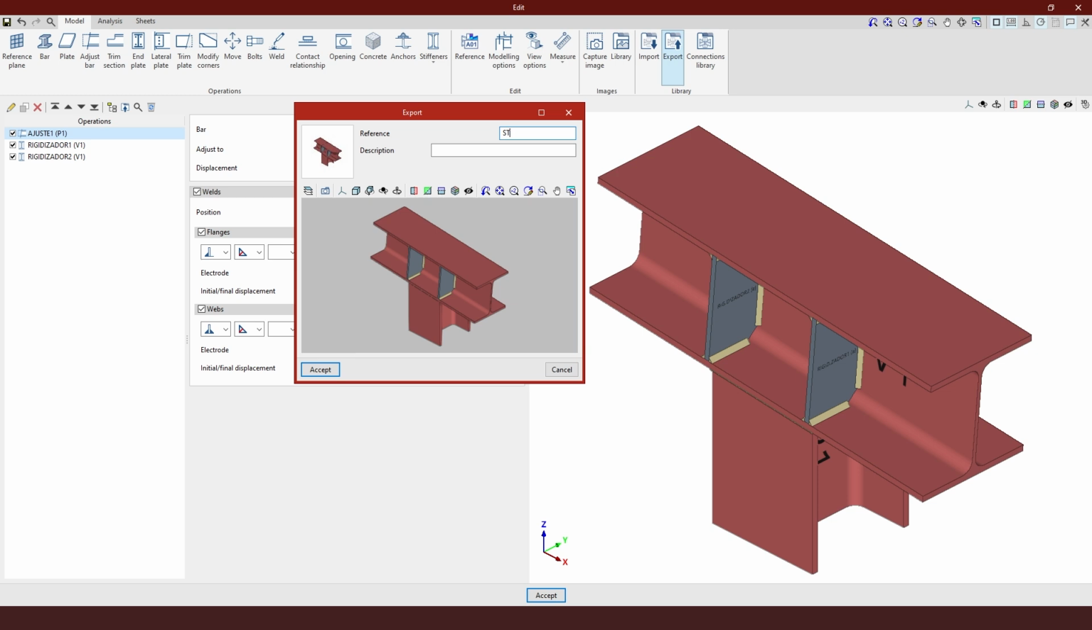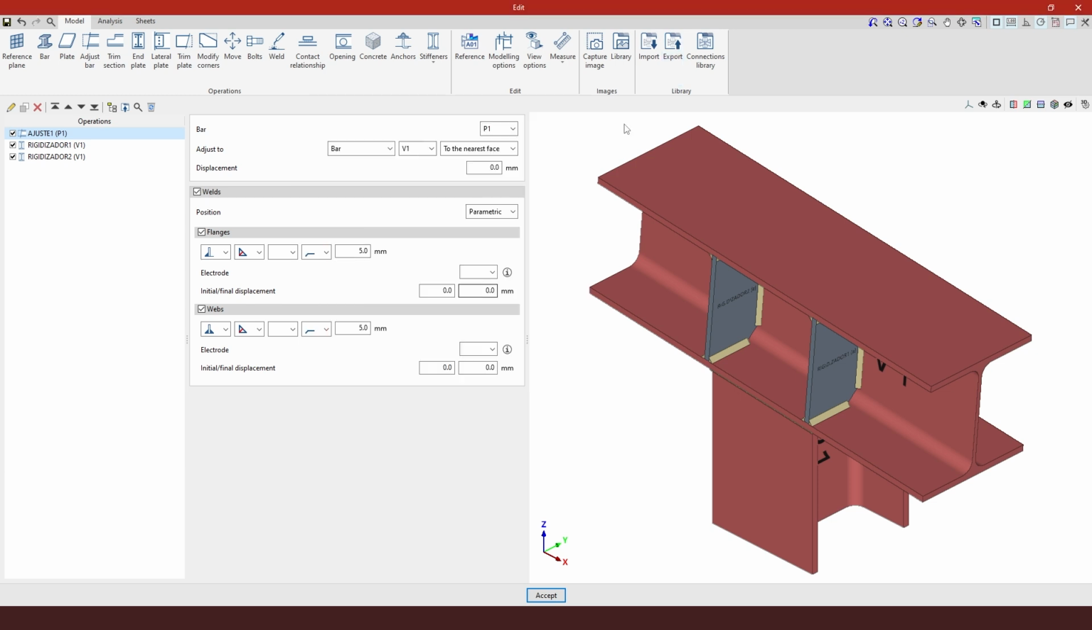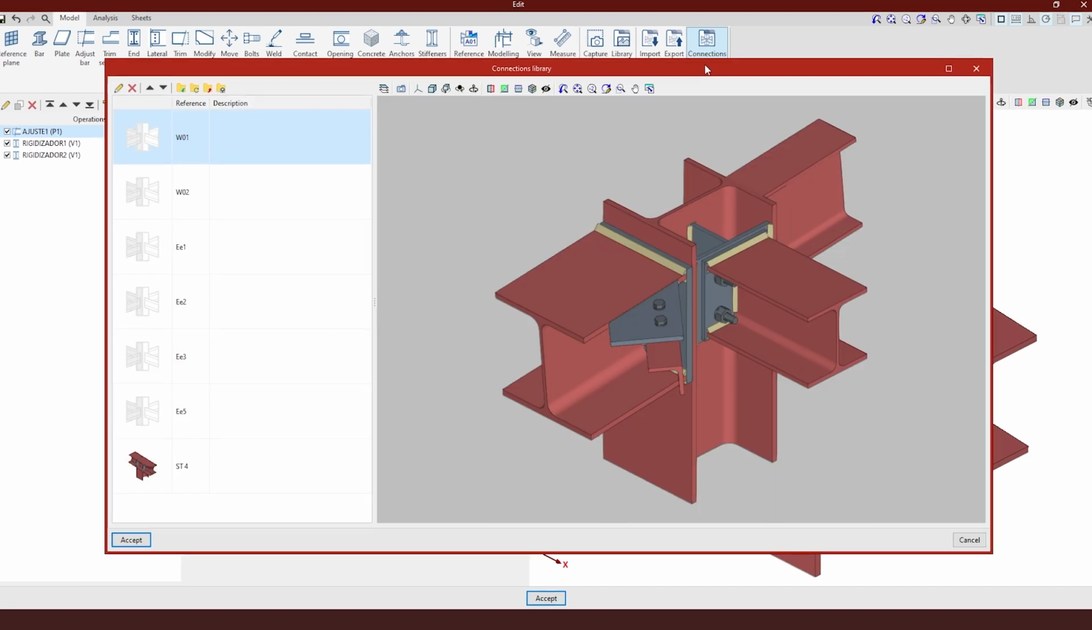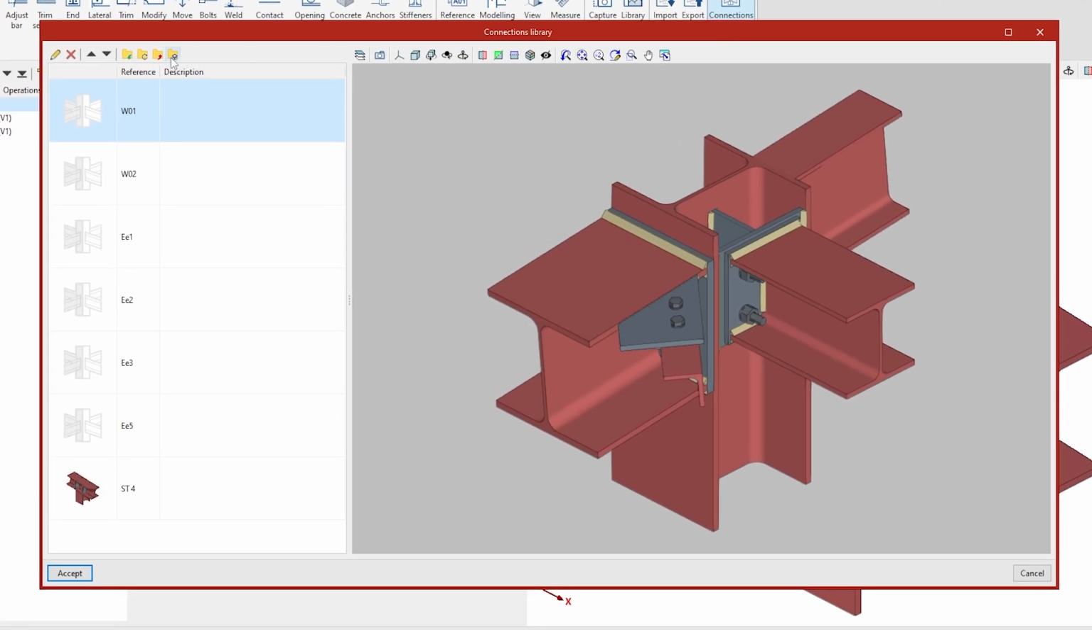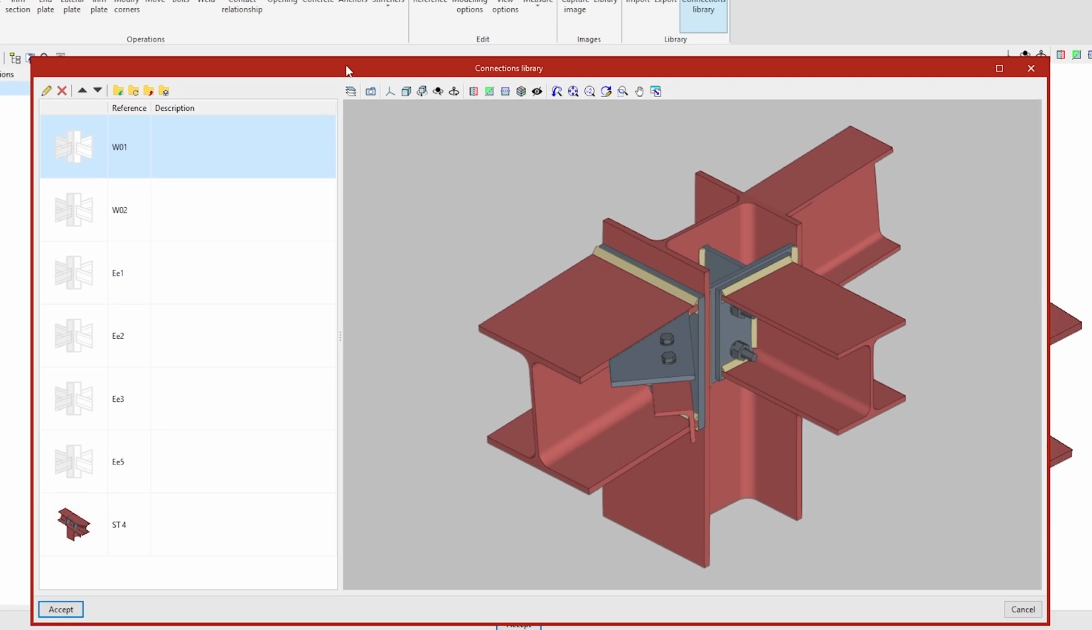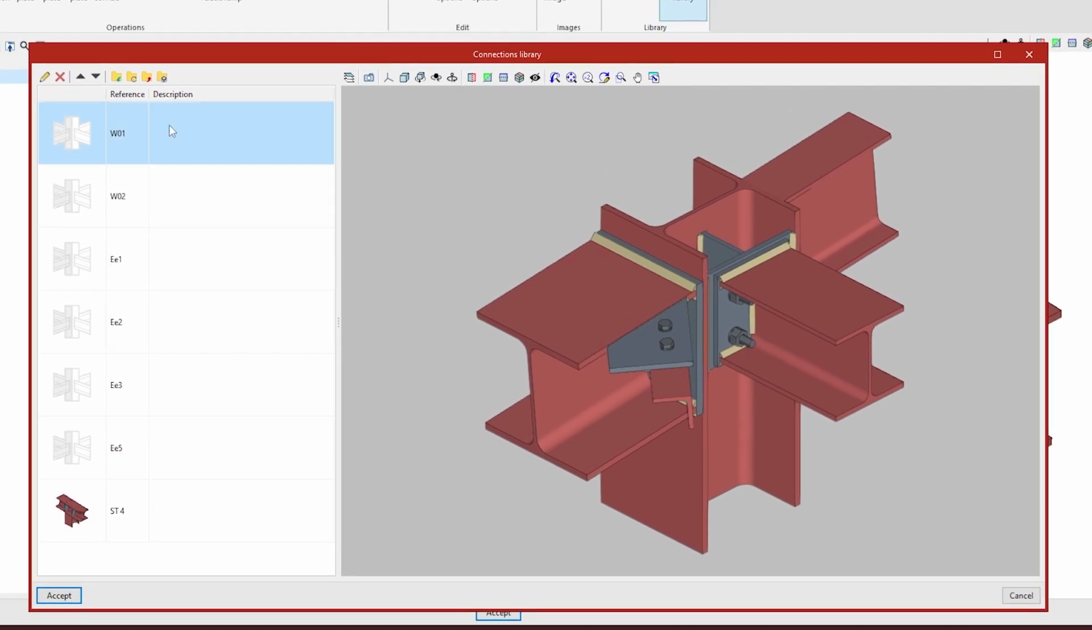I believe it was 4. We have previously exported 3 other connections, so we're going to say Steel Training 4, and it is not yet shared to the common library. It is only available right now for this job, meaning that we have to click again here in the red arrow